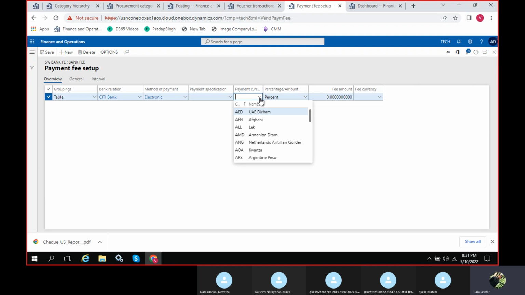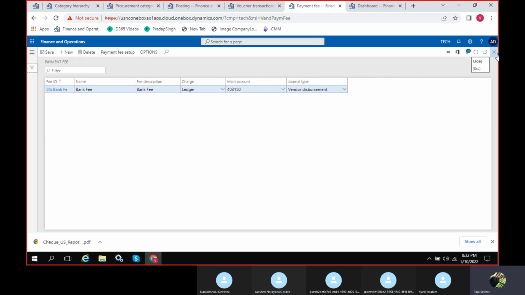Specification, if I want, I will select. My currency, whatever currency I want, I'll give AED only. Percentage, how much percentage fee you want? I'll keep 5%. Okay, I have done. I'll close this one now.